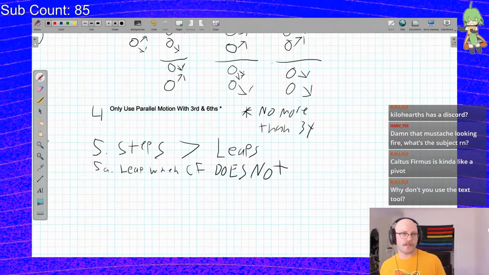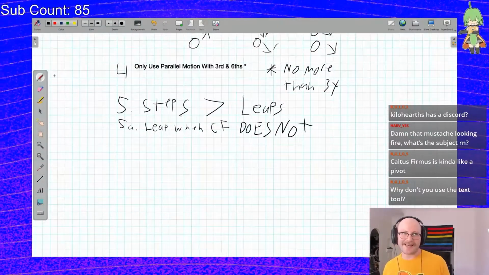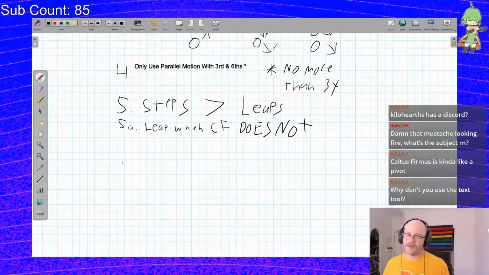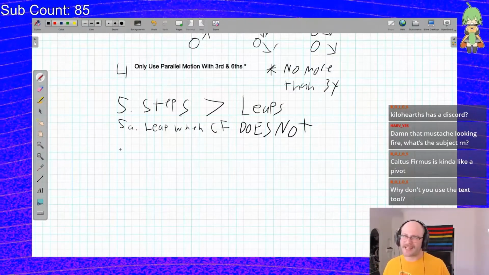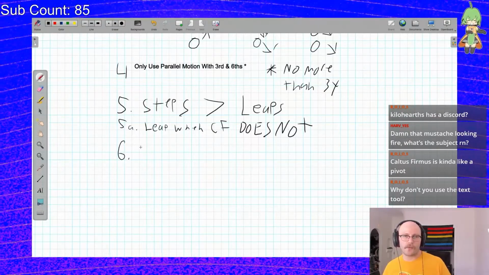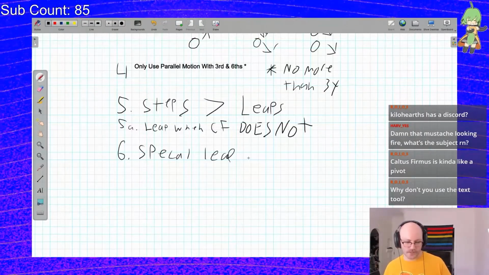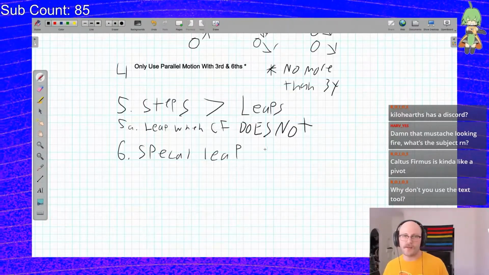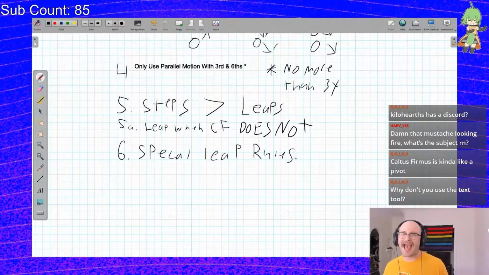For the next one, obviously there's a lot of rules here, which kind of belies the idea that it's as simple as what we can do in one lecture. That's why we're not going into more than second species today. 6 is going to be what we'll call special leap rules, which I'm going to gloss over for now. We're going to come back to this when we're done with the list. But these are special rules that govern how you can leap.